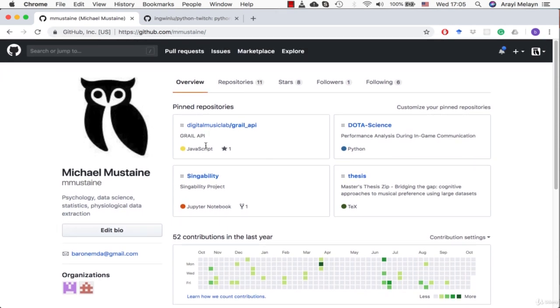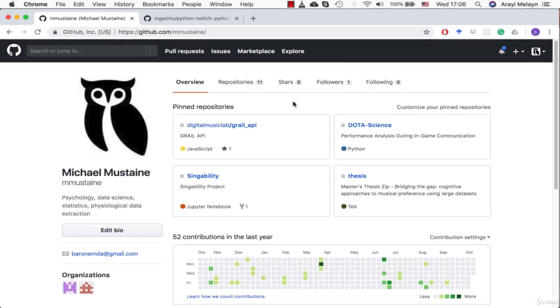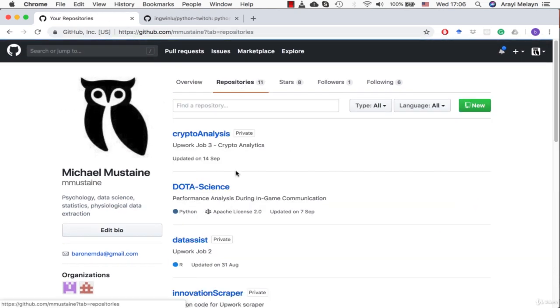You'll see on mine that, oh, okay, I have this API thing. It uses JavaScript. I have a Python thing. I have a Jupyter notebook. So it knows and colors things appropriately and can give you some statistics about yourself. If we go into my repositories here, you'll see some of them here,